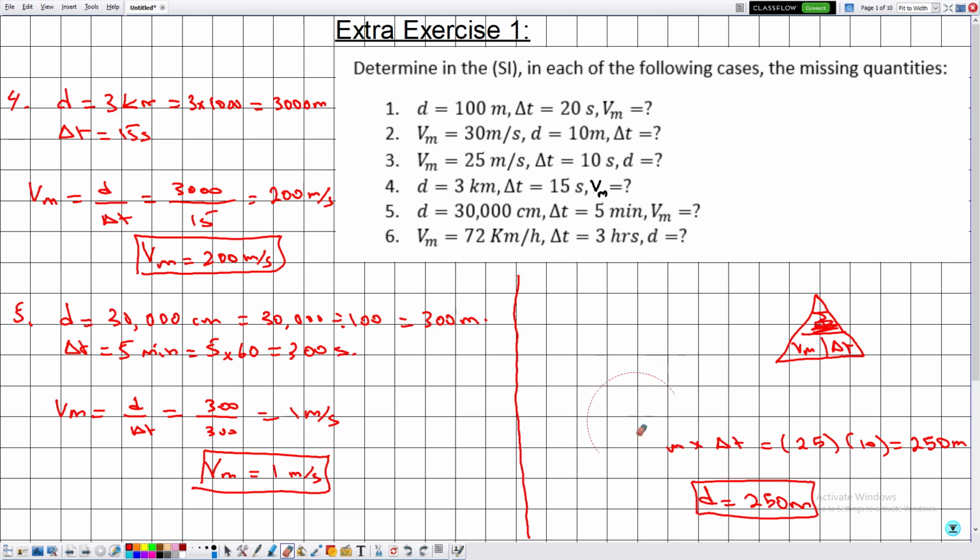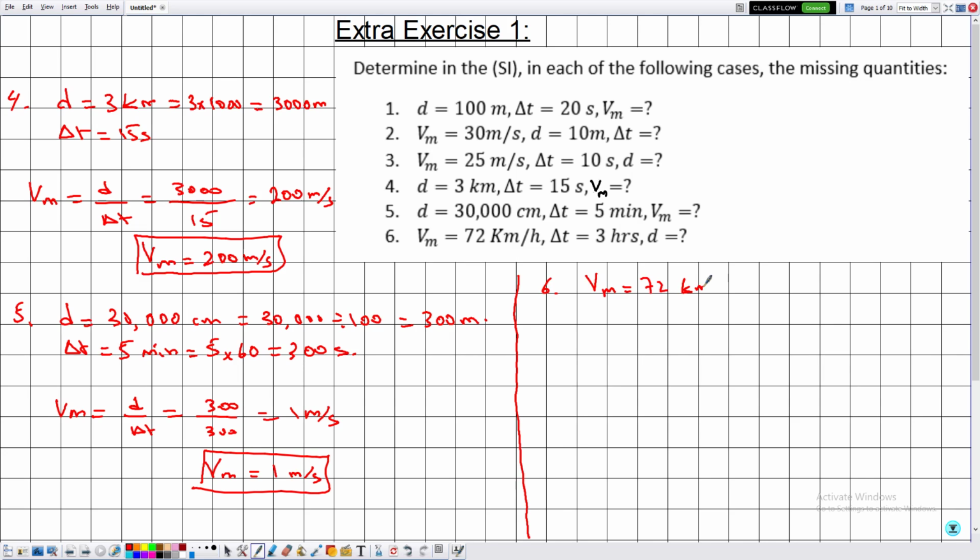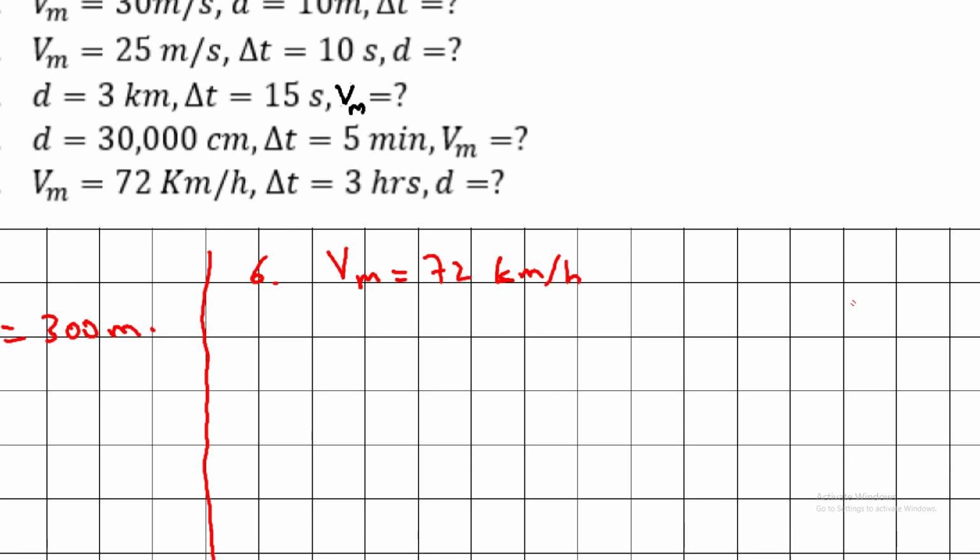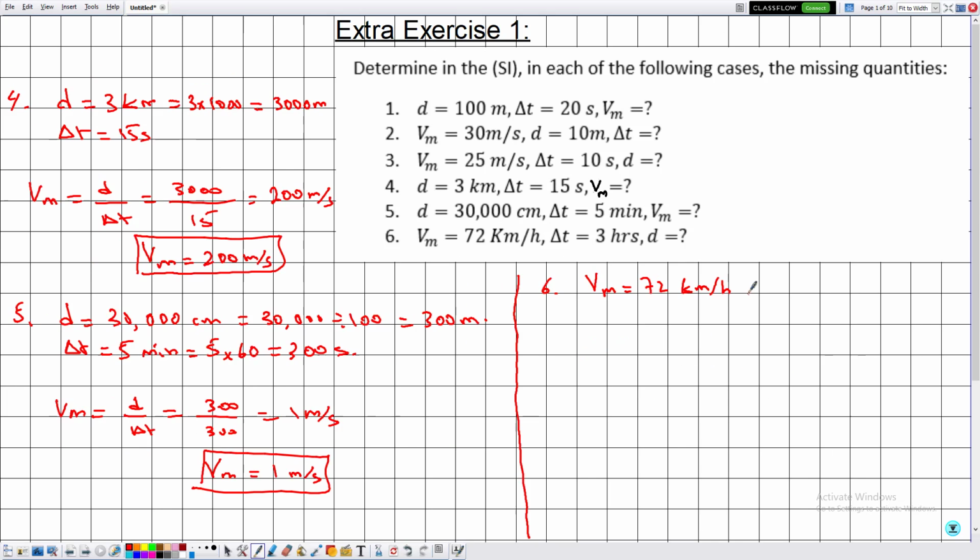Now finally part 6. They are telling me that Vm is equal to 72 kilometers per hour. Knowing that kilometers per hour is not the SI unit of speed, in order to convert from kilometers per hour to meter per second, we simply divide by 3.6. Then 72 divided by 3.6, plugging this on the calculator, then it's given by